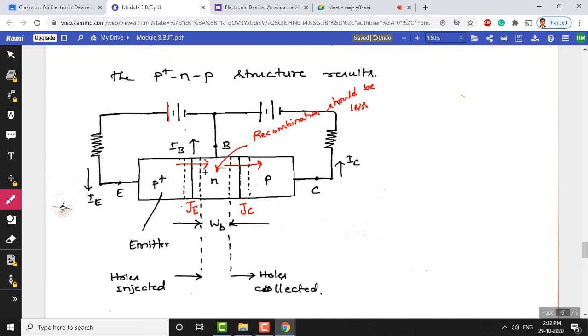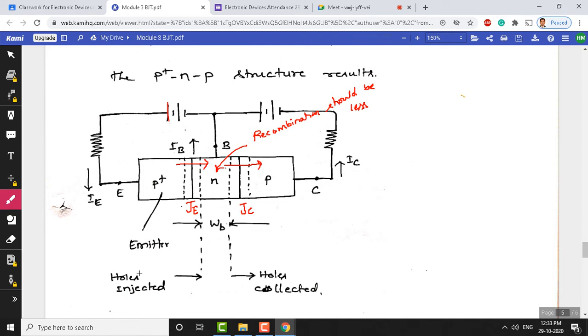When the recombination rate at the base region is very low, all holes that are injected from the P plus region to the N region will reach the collector, and this causes a continuous current to flow here. Okay. Earlier we mentioned that there is an I naught flowing from the N to the P region, and this current you can increase by continuously injecting holes into the N region, provided the recombination rate in the base region is as small as possible here.